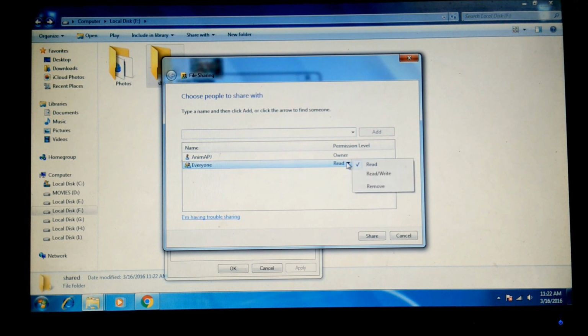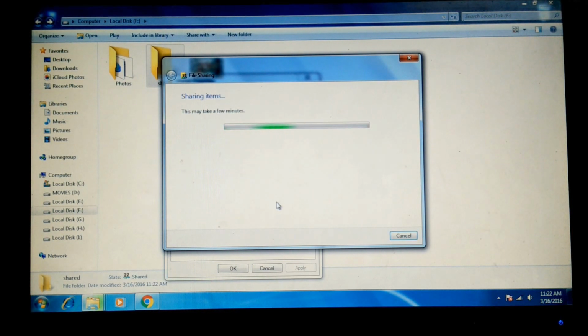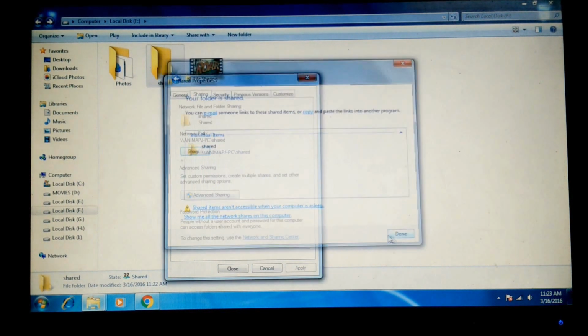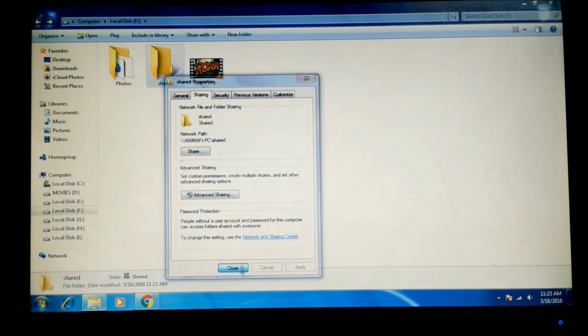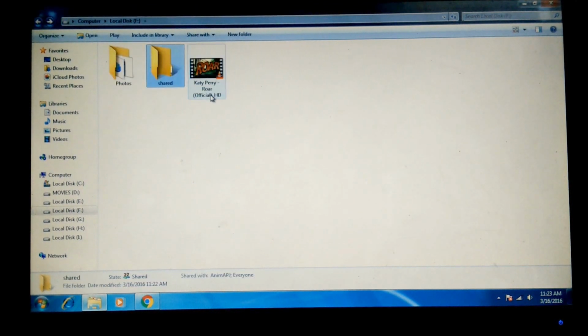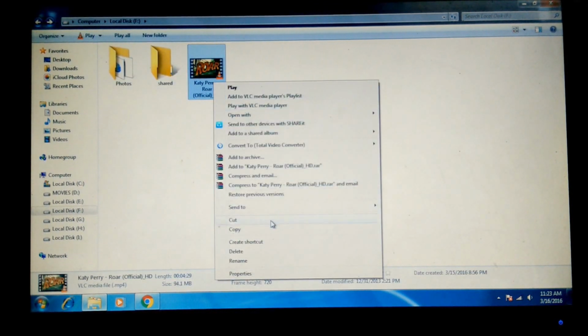In the permission level, click Read and Write, provide both permissions and click Share. So the folder will be shared over the network. As you can see, your folder is shared, so we are done. Now I will put a file inside the folder to show you guys that it works. So I will be copying this video inside the folder,